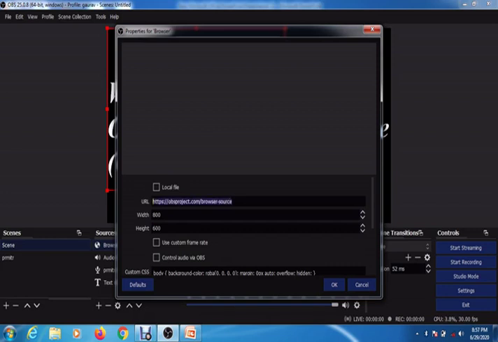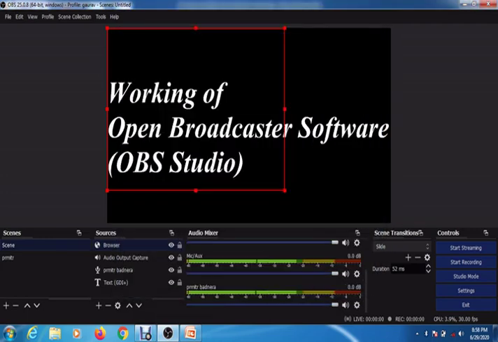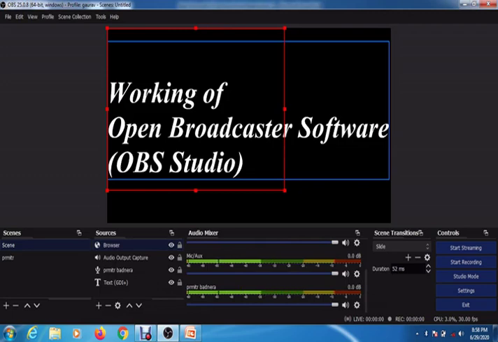If I type www.google.com and click OK, a window will be opened. So a default browser is provided for OBS Studio. If I were connected to the internet, the browser would open that particular site, google.com, but I have not connected my phone, the net is not connected to my laptop, so it will not open here.